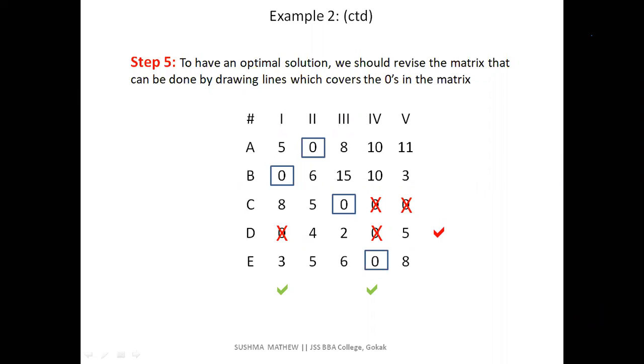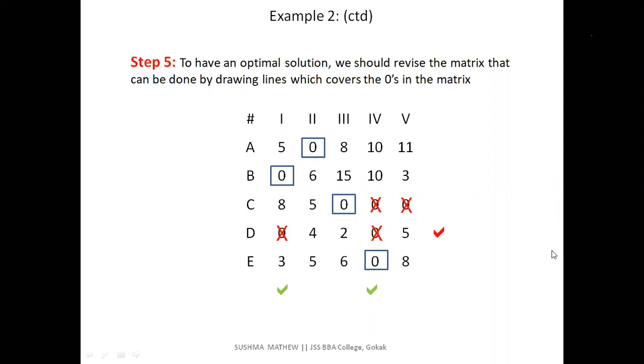What are those bases? First, we need to check in which row the assignment is not being made. So here in the fourth row, there is no assignment being made. I tick mark it, and then again in the same row, I was supposed to identify the availability of zeros. When there are 2 zeros available, with respect to those columns, I have just put in a mark.